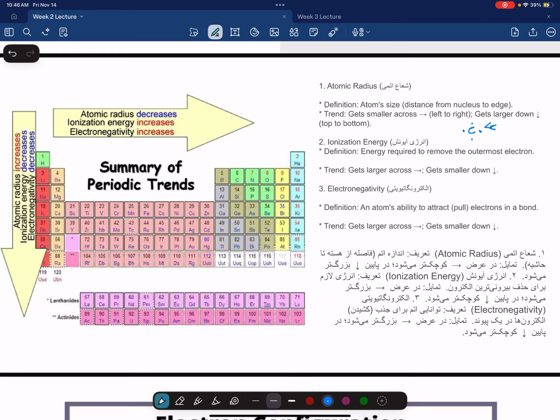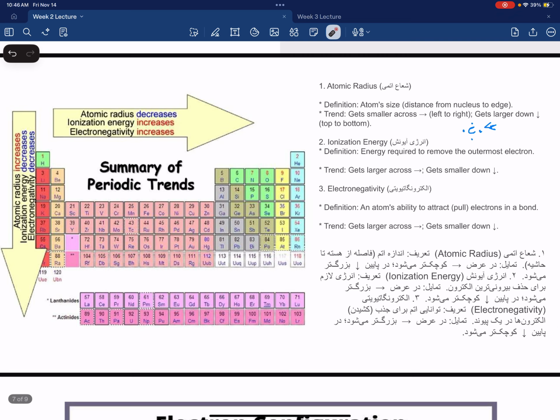And the trend on a periodic table is as you move to the right, your ionization energy increases, and then as you move down, your ionization energy decreases. So it's going to be the opposite of atomic radius, but it's going to be the same trend for electronegativity,